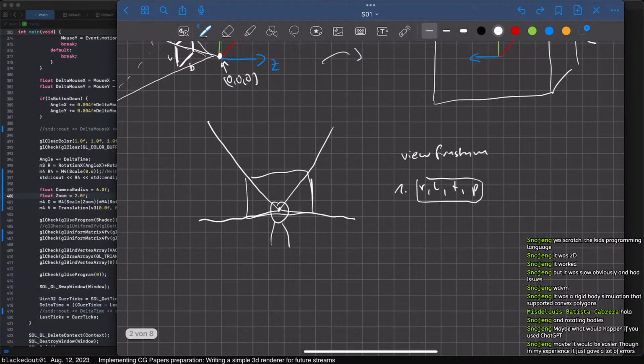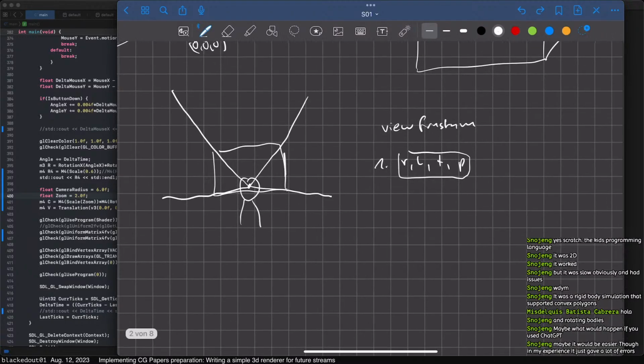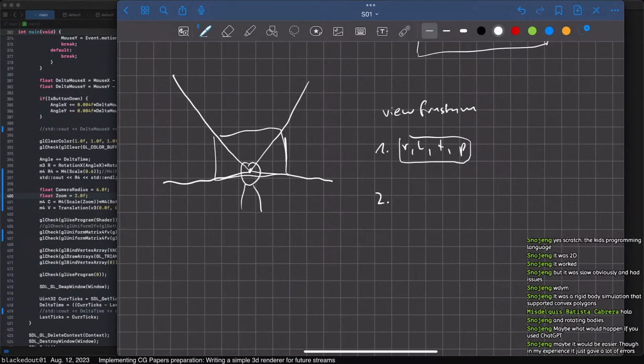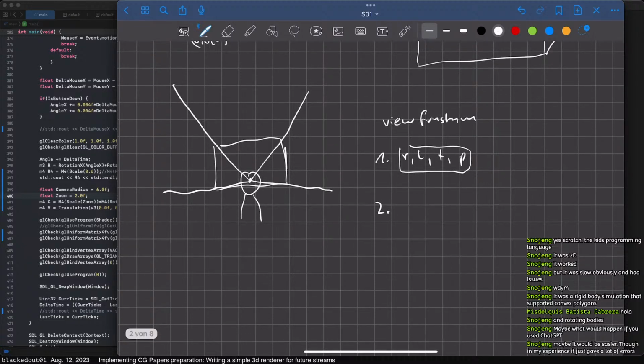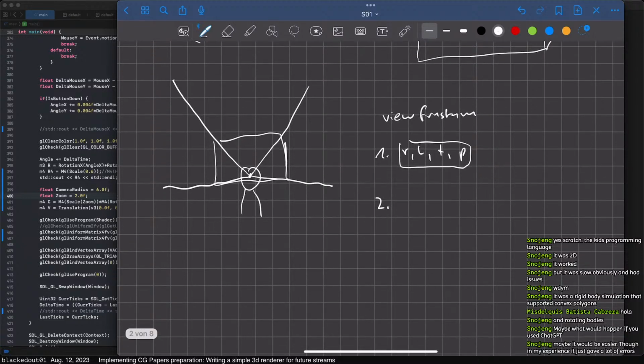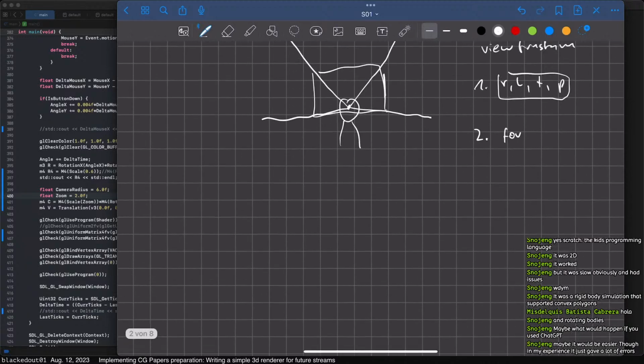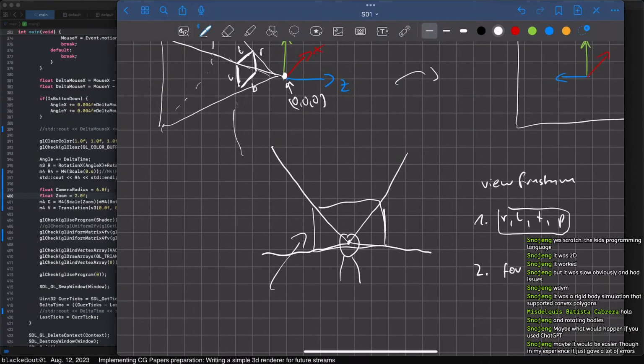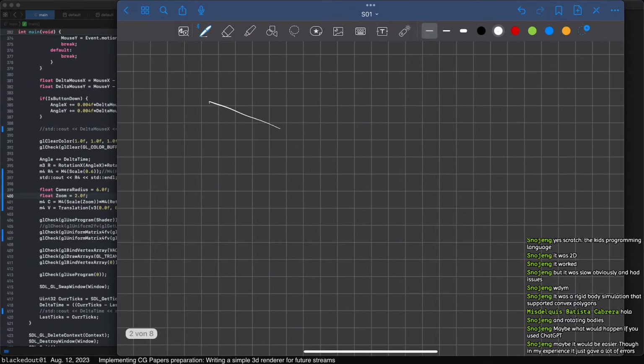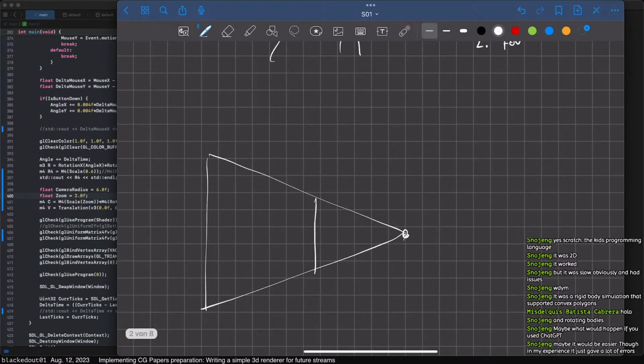And then you can construct the correct view frustum. But because we don't track the position of the head and make a lot of other simplifications, we will use the second option to define a view frustum, which is we just define the field of view angle, and this is basically this angle here. If we look at this here from the side, it looks like this, right? So here are we,